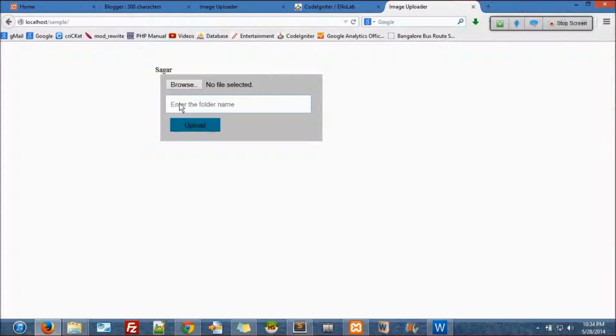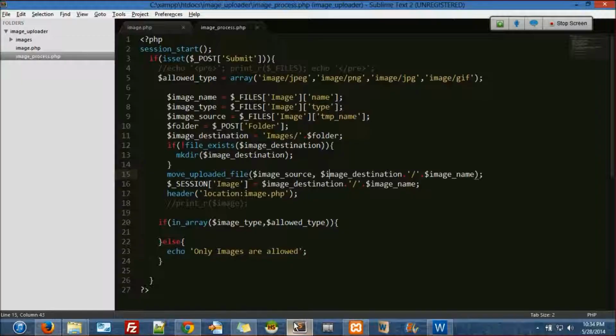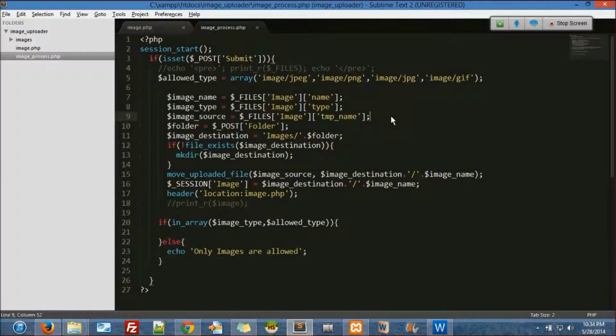So here is the folder name. Inside the folder I want to save in three different sizes. Here we are processing it. What we are doing here is checking for the allowed types, then getting the image name. Now I really don't want the image name this time, because we are changing the image name.